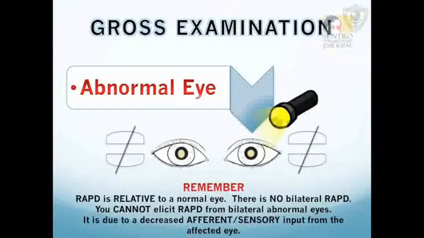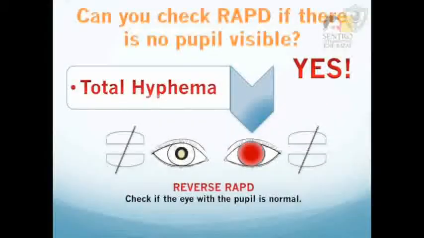Remember, RAPD is always relative to a normal eye. There is no bilateral RAPD. You cannot elicit RAPD from bilateral abnormal eyes. It is due to a decreased afferent or sensory input from the affected eye. It is still possible to check for RAPD if there is no pupil visible or if one eye has a